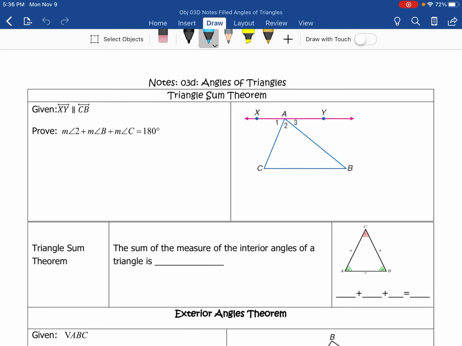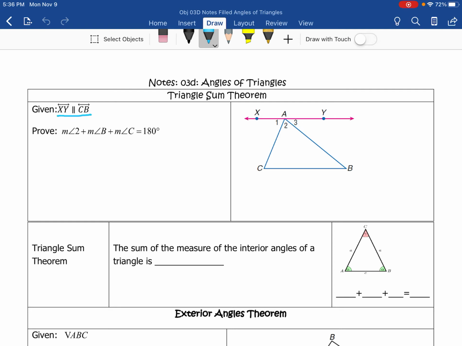Okay, so we're now on to 3D. I'm going to do a little bit of an explanation of things just for those of you that are kind of interested as to why things work. Lots of things in math have reasoning behind them. This is one of the reasons. So we're going to talk about one of the reasons why the sum of the interior angles of a triangle is 180 degrees. We're going to talk about proof a little bit later in the next unit, but basically